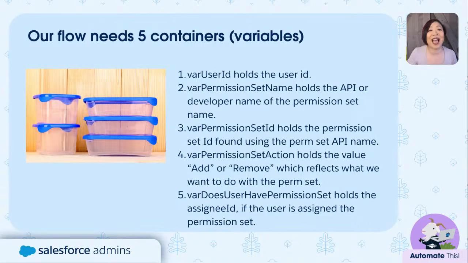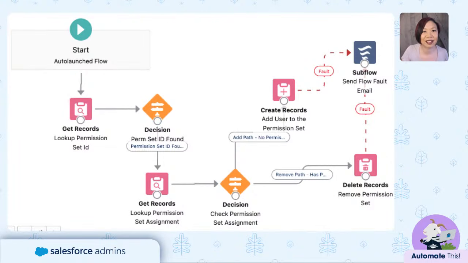So now that we have that squared away, let's take a look at how we build this in Flow Builder. Now you notice how long it took before we even went into Salesforce to do our configuration? All right, so we're going to create an autolaunch flow, which means this is a flow that will fire when something else triggers it. In our case, this will be triggered by a record triggered flow. So more on that in a little bit.